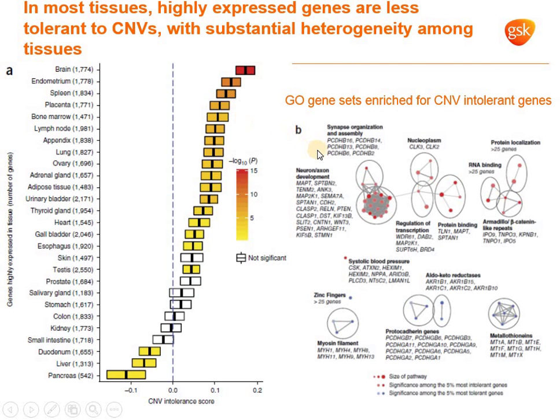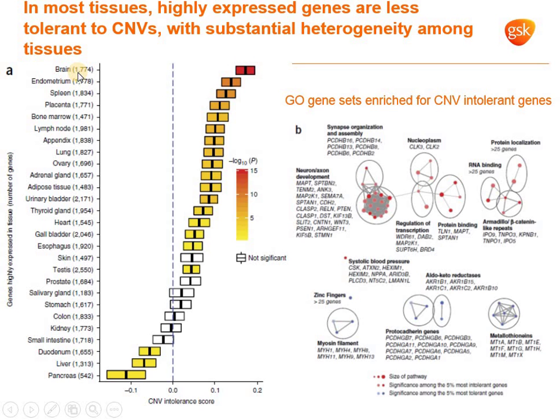In terms of some of the key observations about the functional consequence of these genes being predicted to be intolerant to copy number: in most tissues, it's the highly expressed genes that are less tolerant to copy number variants. That is, they tend to be constrained, with, as you can see, substantial heterogeneity among tissues. So in this figure, from figure 3,